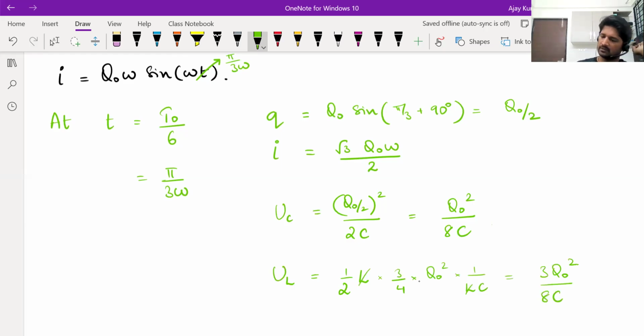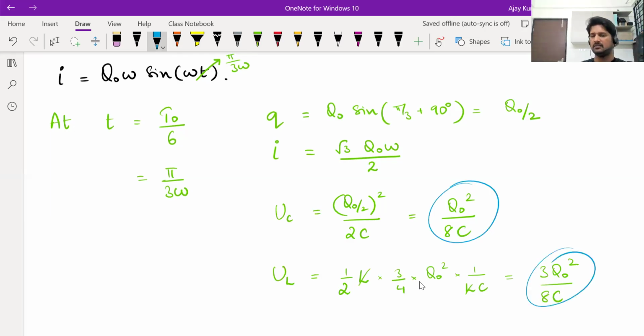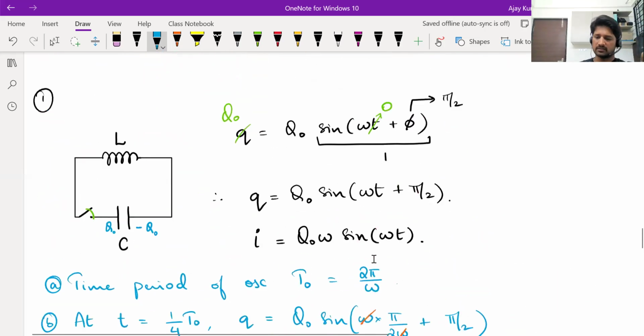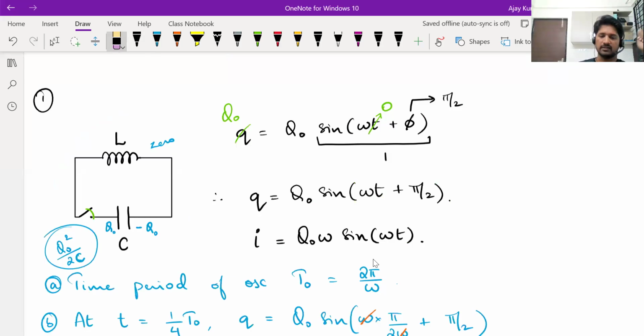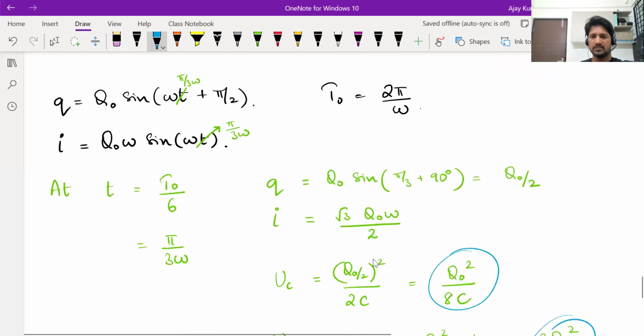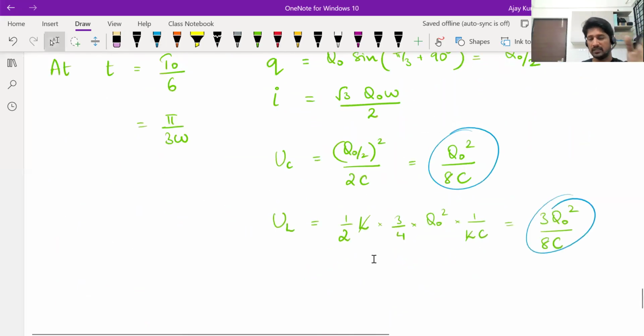And observe, there's some energy on the capacitor, there's some energy on the inductor. Initially, means when we just closed the switch in the circuit, all the energy was with the capacitor. How much? It had Q naught square by 2C, full energy. Inductor had 0 because initially when the switch was open, there was no current. Inductor didn't have any energy with it. Okay, so the total energy in this circuit is Q naught square by 2C, all of which was with the capacitor initially. Now see, at this time, pi by 6 omega, sorry, T naught by 6, that is pi by